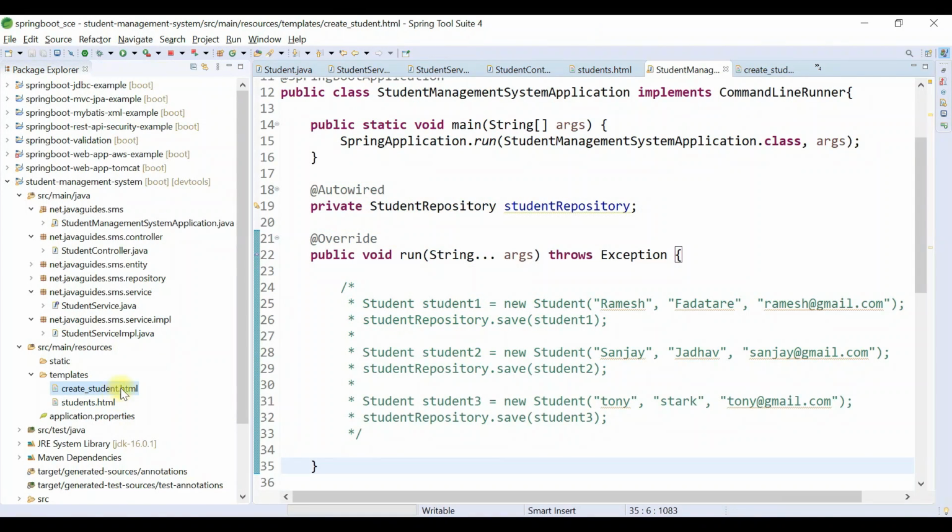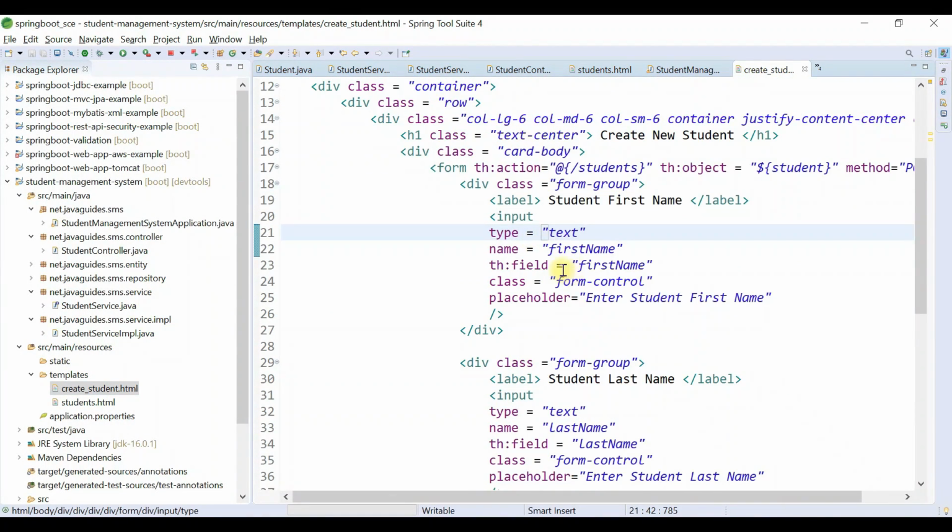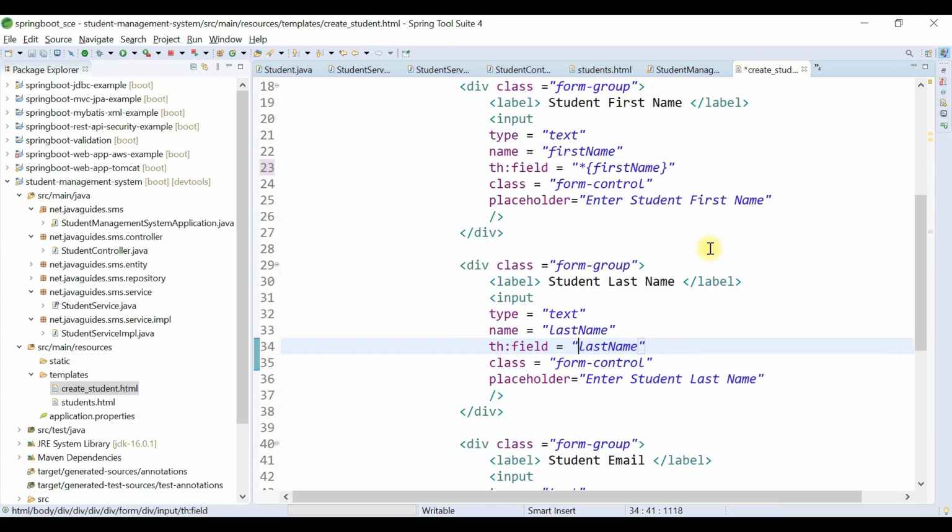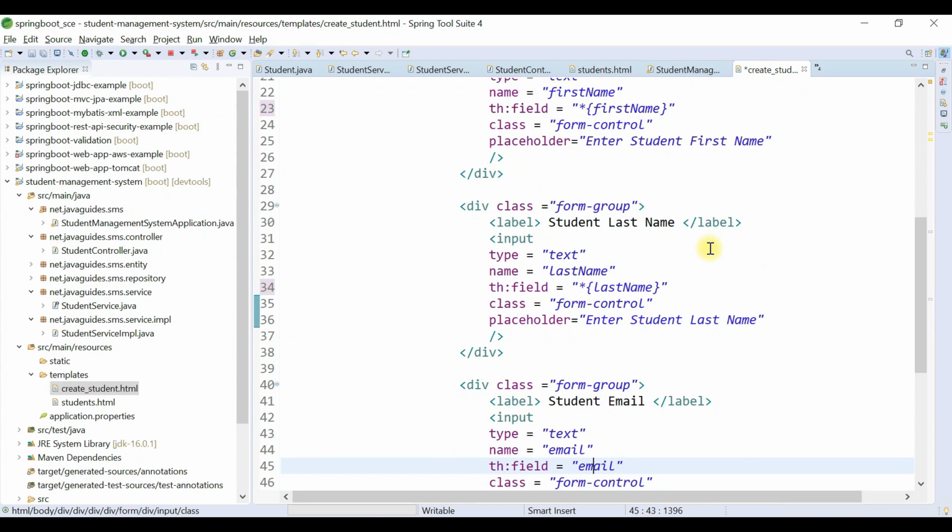So go back to create student.html. So typically we have to use here star and within curly braces firstName. So this is the syntax to bind data to the model attribute firstName. And similarly, let's do it for lastName, star, and within curly braces lastName. And similarly, email, star, within curly braces email. And let's save the file, and let's go back to the browser,